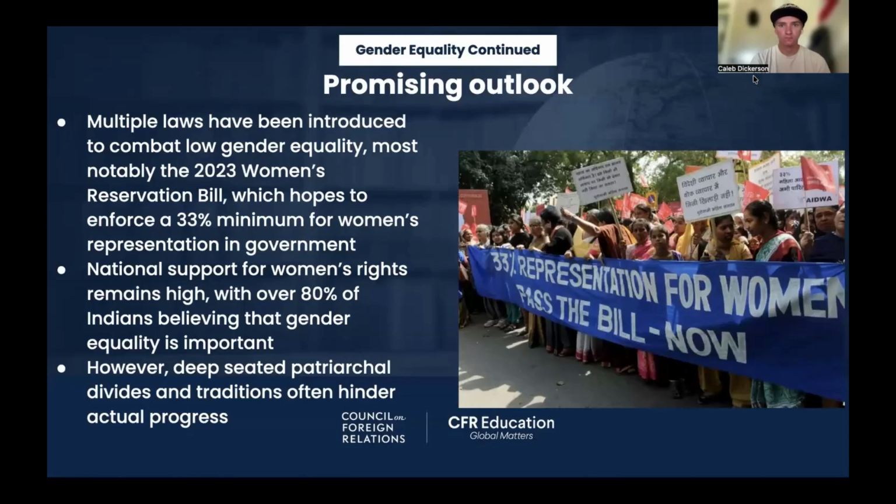And so it creates a very interesting divide where India is seemingly on paper very progressive and supportive of gender equality, yet when it comes to actually enforcing it, a lot of its own traditions and deep cultural ties, especially considering how diverse the nation is and how many different cultures there are pertaining to women, it often gets significantly hindered.